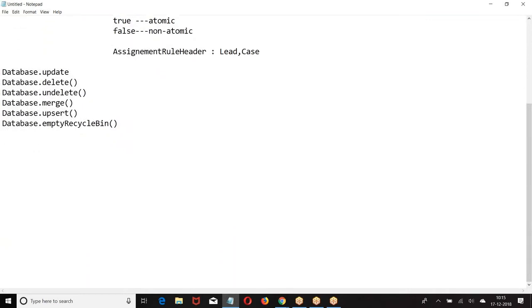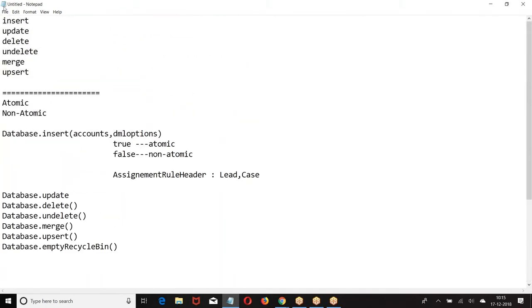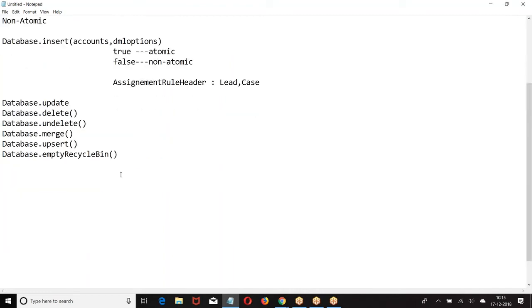Update, delete, undelete, merge, upsert, empty recycle bin. These are the operations. All these are what? Non-atomic or atomic. False is non-atomic, true is atomic. But if I go to this keyword, all these are what? Atomic.